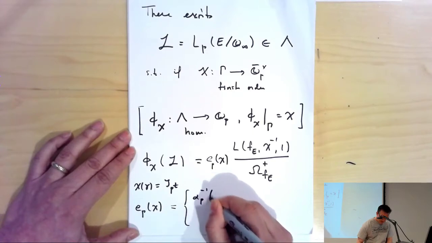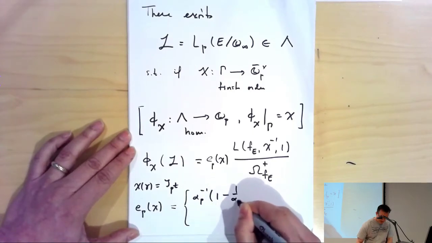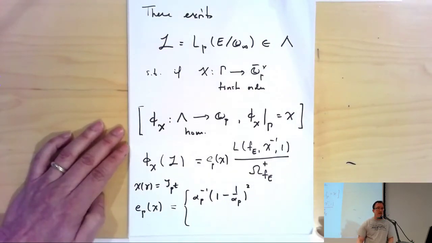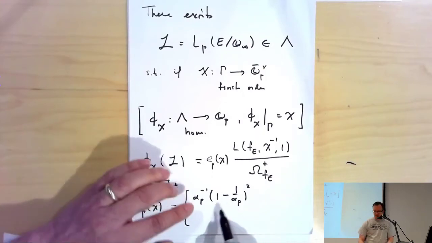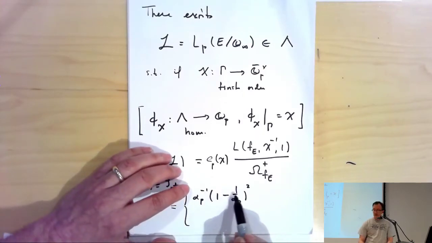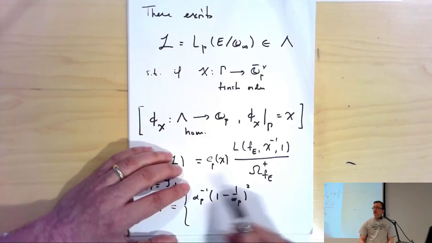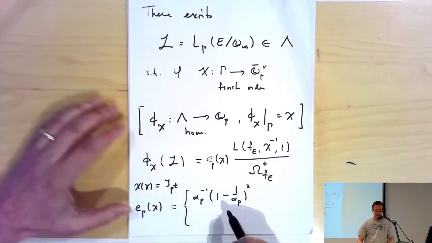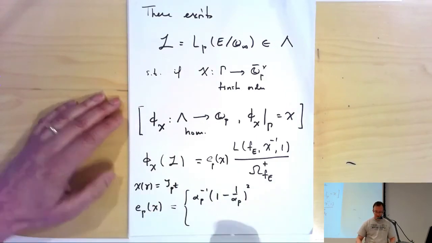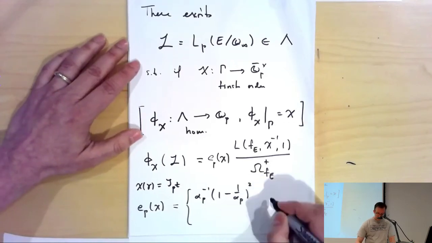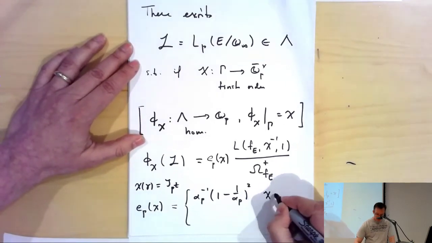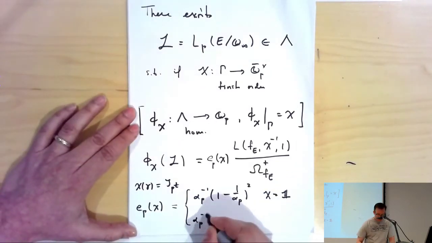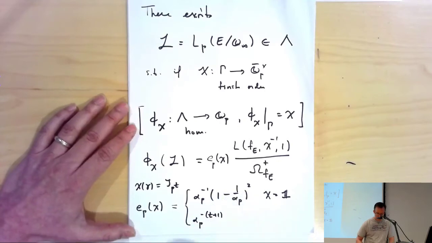So I have alpha_p minus 1, 1 minus 1 over alpha_p. Well, in the case that we're dealing with good reduction, so we get squared. Well, alpha_p is a unit, so the valuation of this is the same as alpha_p minus 1. So that's looking like the valuation of that correction term we had in our comparison between the Selmer group of finite level and the Iwasawa Selmer group. That's when chi is trivial, and it's alpha_p to the minus (t+1), and